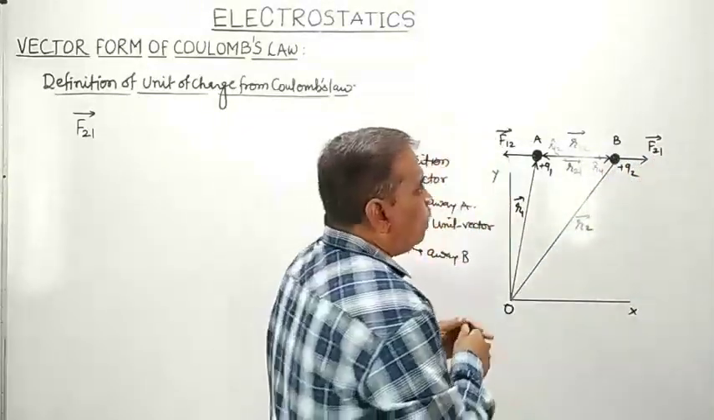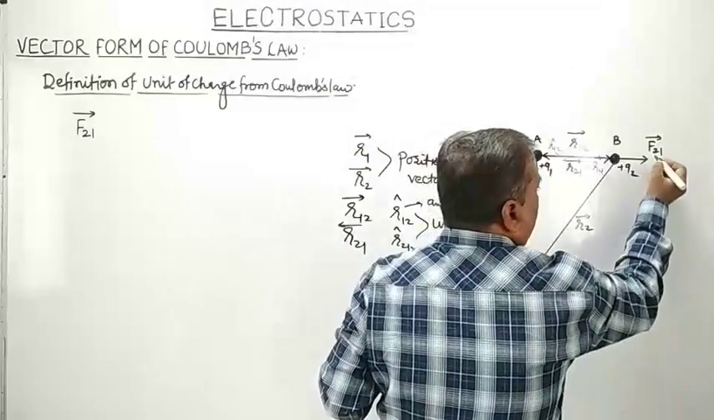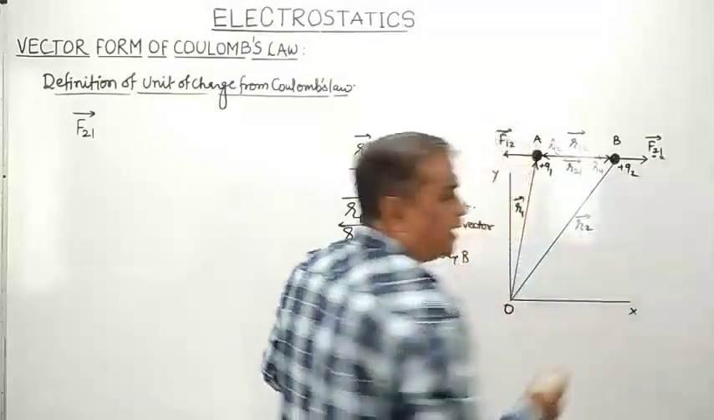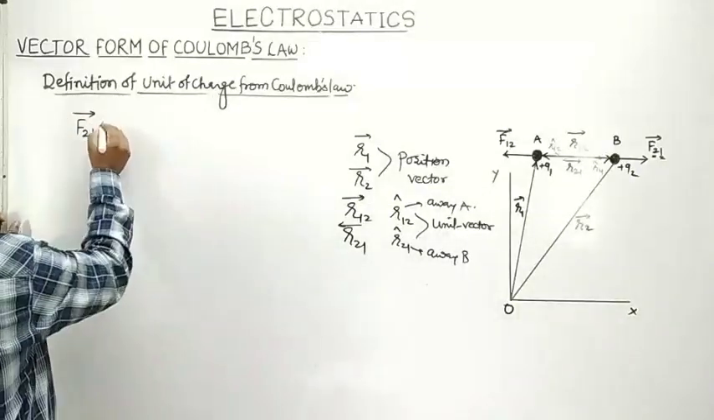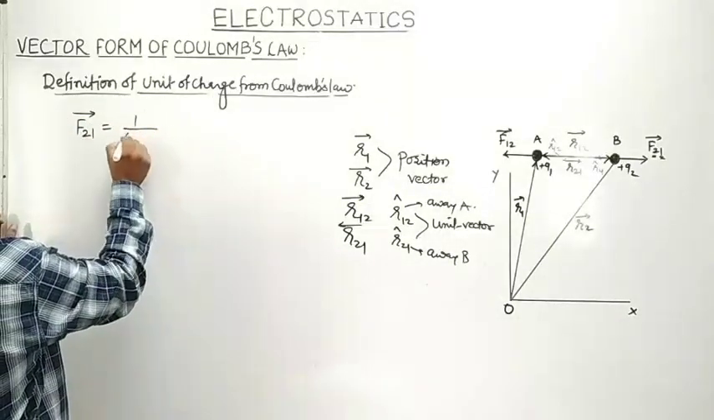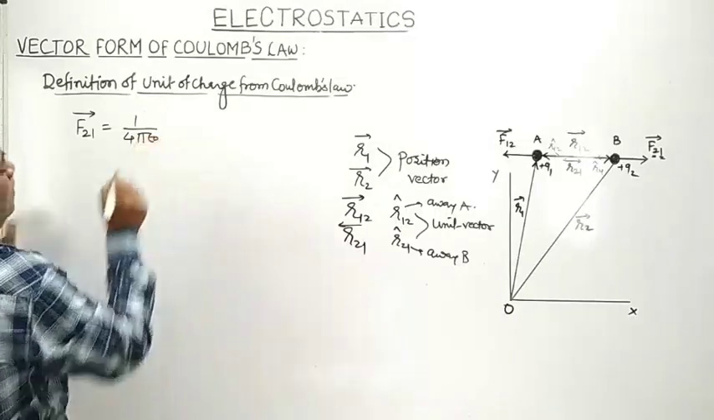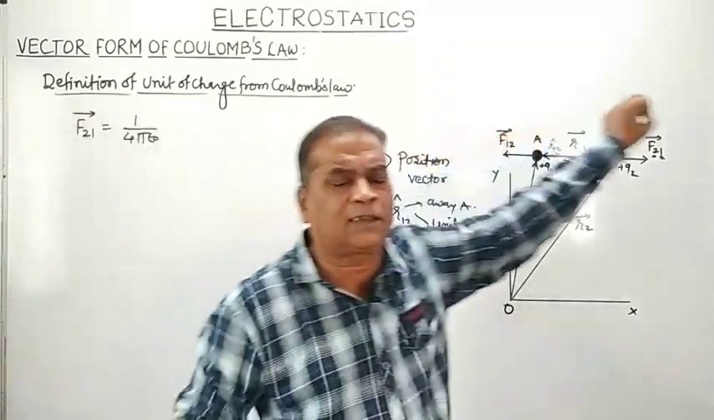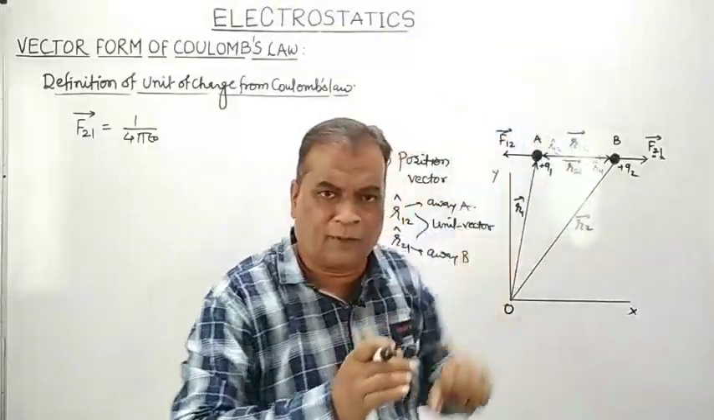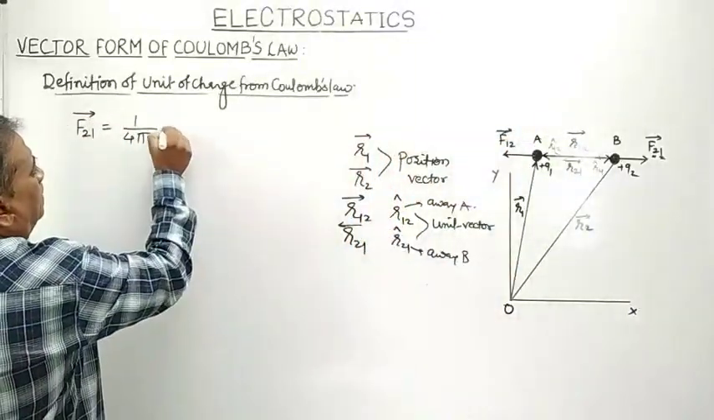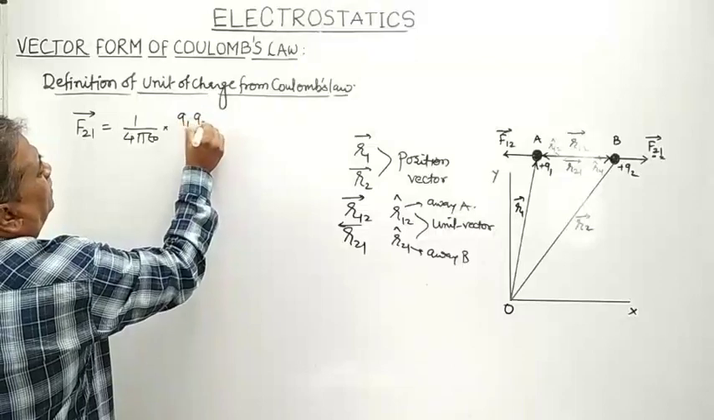F21 is the force exerted on charge Q2 by charge Q1. It is given by 1 upon 4 pi epsilon 0. Why epsilon 0? Because it is assumed that the two charges were kept in free space or in vacuum, into Q1 Q2 divided by